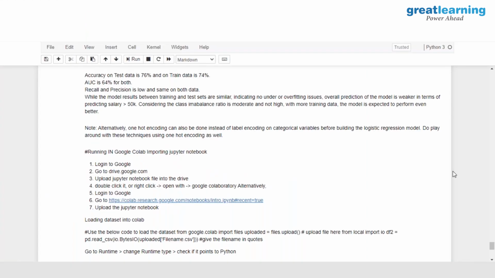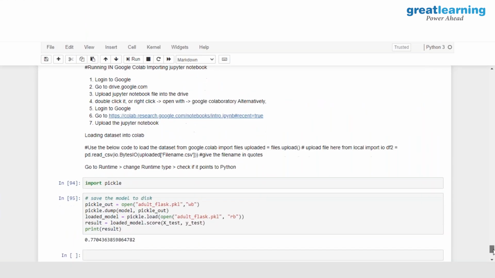So what I have done here is, I can show you the code. We have imported the library pickle, and I am opening a blank file in write mode, which I am calling adult_flask.pkl.